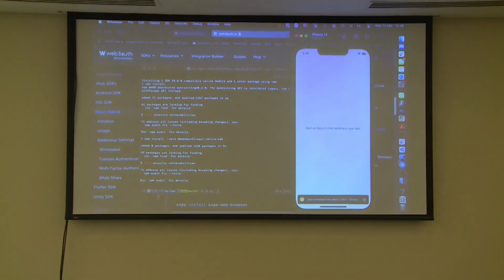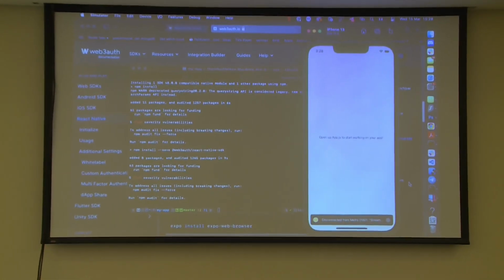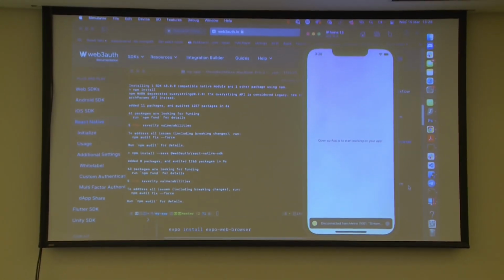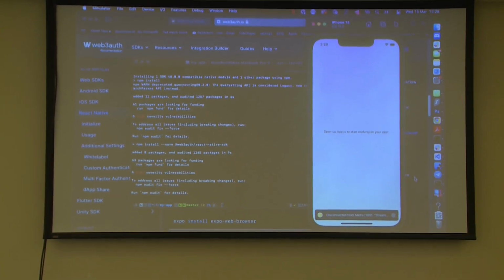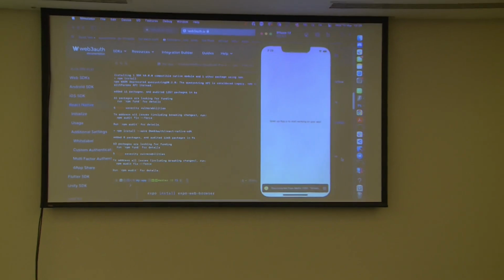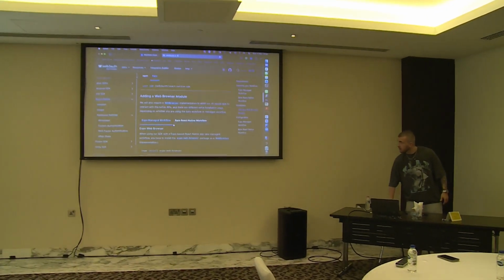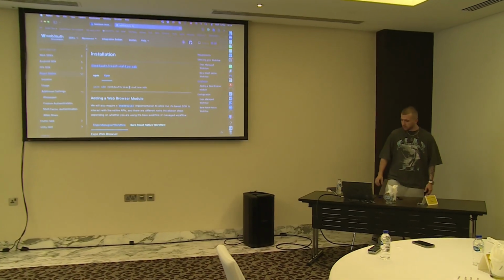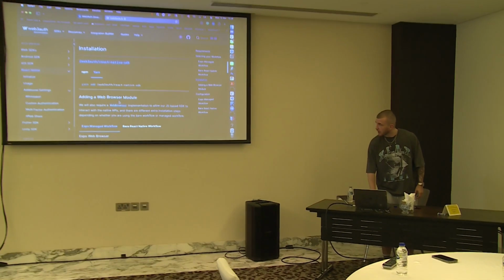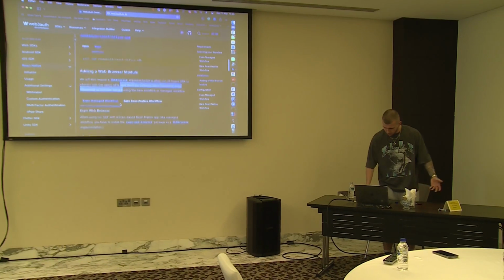The web browser was the first one, and the first one from the documentation is Web3Auth React Native SDK. So it's at web3auth/react-native-sdk. If you go to the documentation, it's there. So once you get that installed,